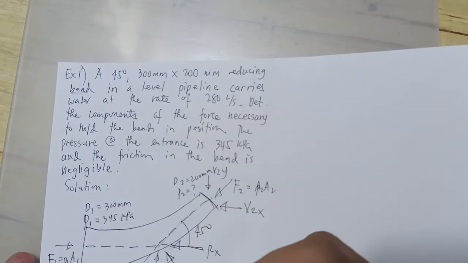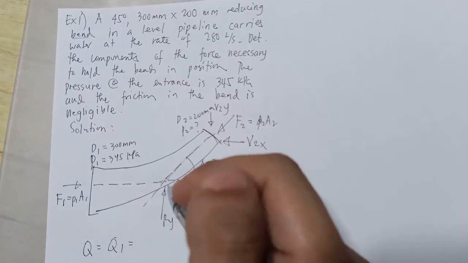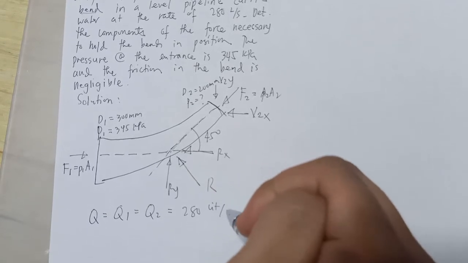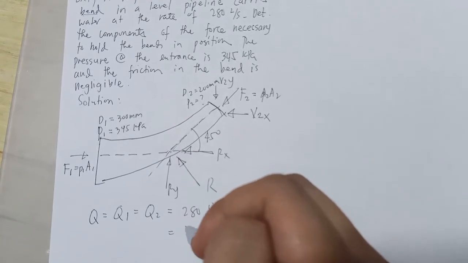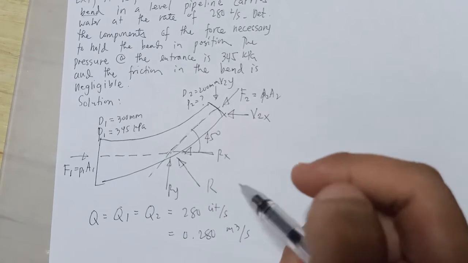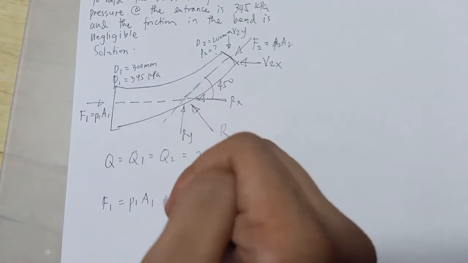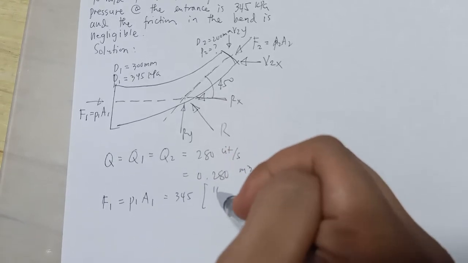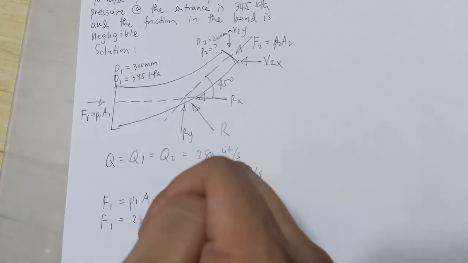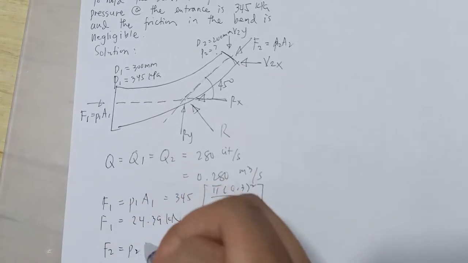And this is R. So Q equals now to Q1, or the continuity equation now, Q2, which is 280 liter per second, or convert to cubic meter per second, it would be 0.28. So F1 equals now to P1 times A1, which is 345 times pi times 0.3 squared over 4. F1 is 24.39 kilonewton and F2 is P2A2,